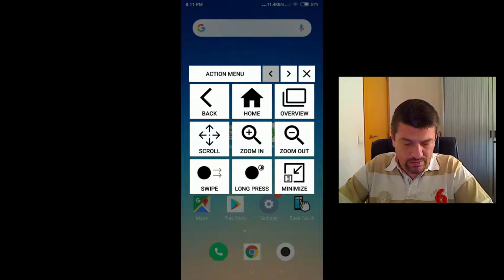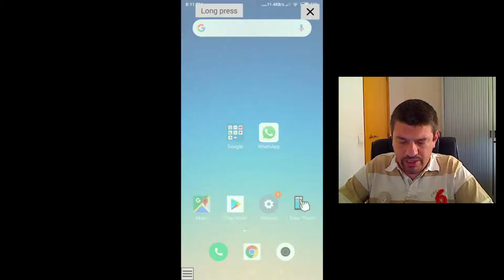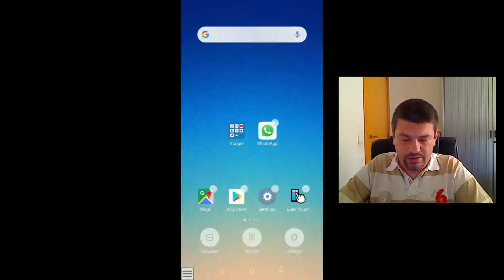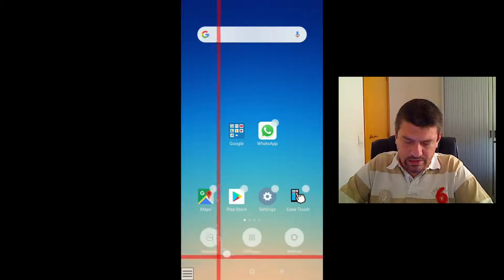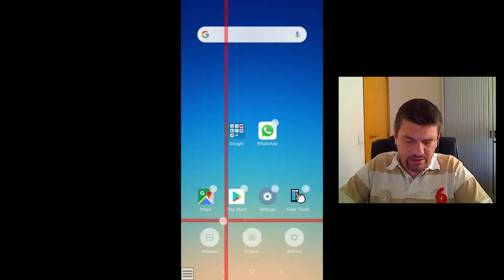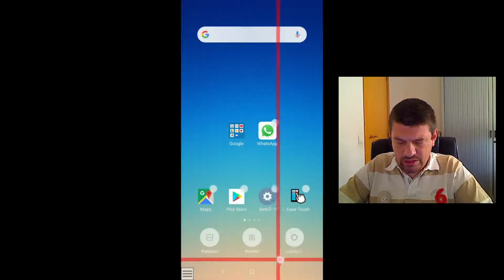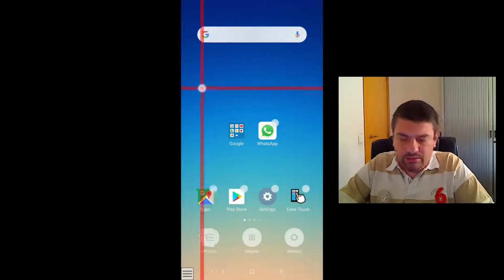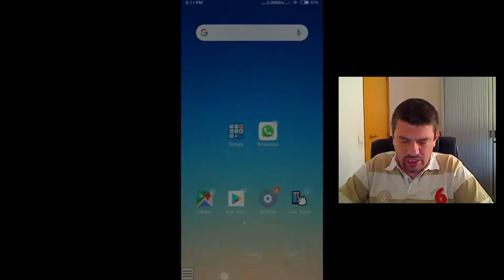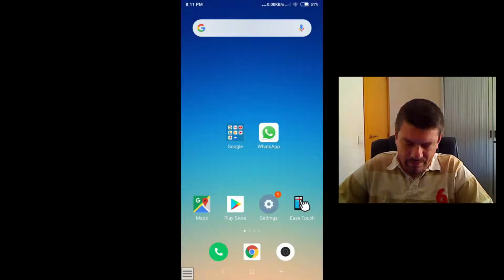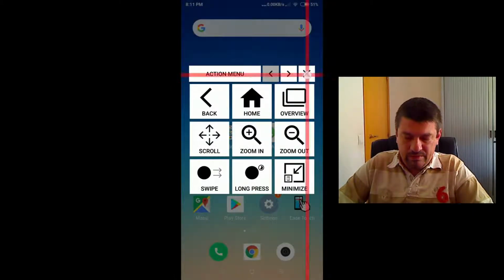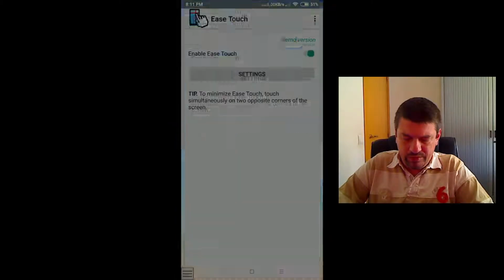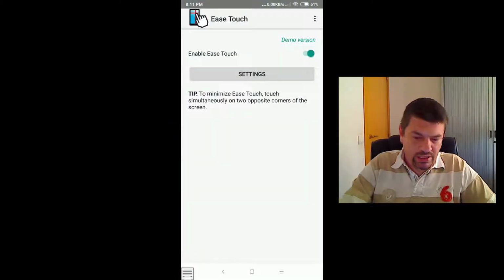screen, and then select long press, and then make a long press on the background. As you can see here, there are these buttons, wallpaper, widgets, settings, that allow me to set up additional things. Let's return to Touch, and now